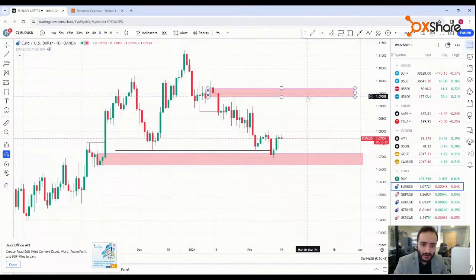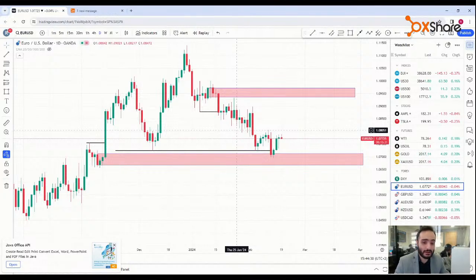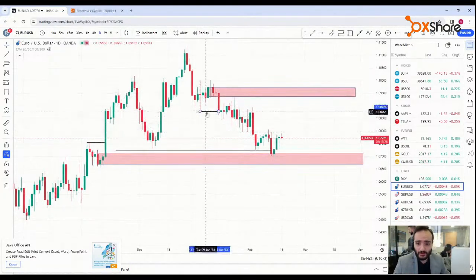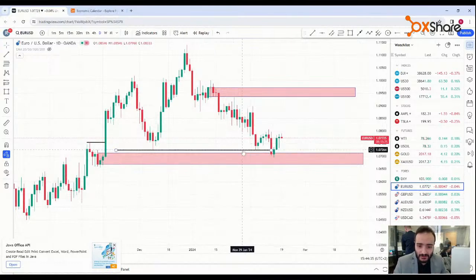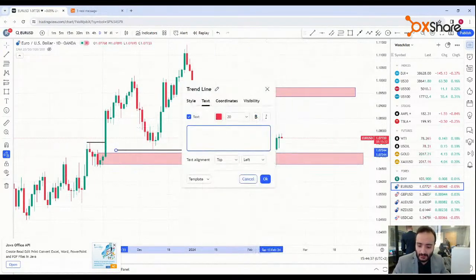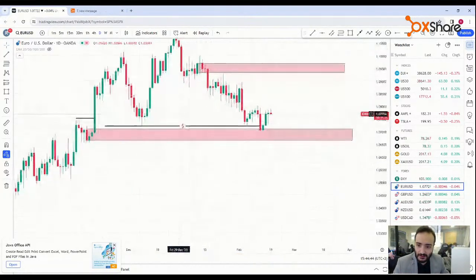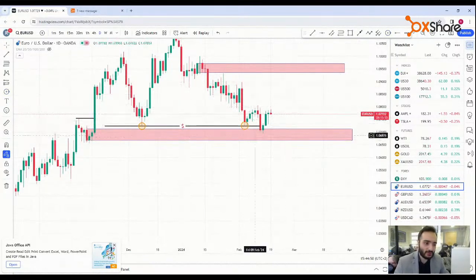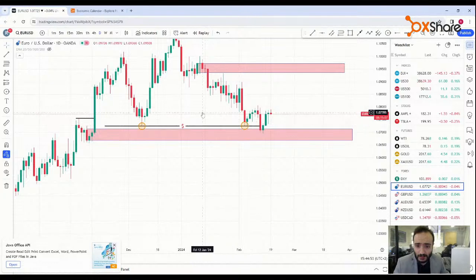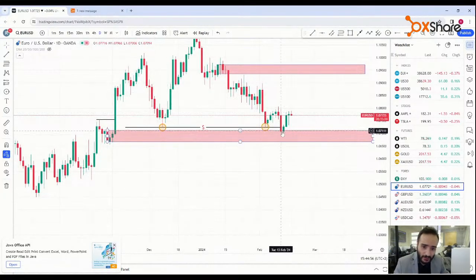Closest target is going to be around these points, 109.3, if the uptrend continues, and if the economic data comes in positive for the DXY. So it's very important to recognize these levels. As you can see over here, I'll put a dollar sign so you can see it. So these relative equal lows, as you can see over here, are liquidity levels. We took them out, tapped into this supply zone, and then we are pushing now to the upside. This is on the daily level.